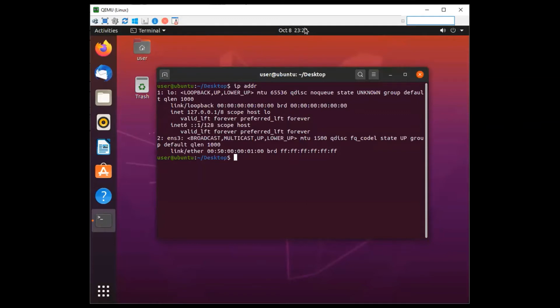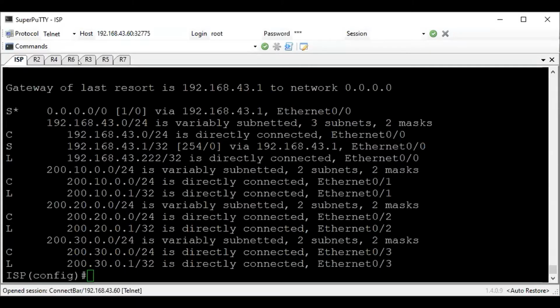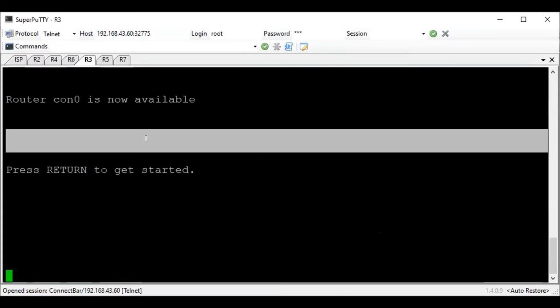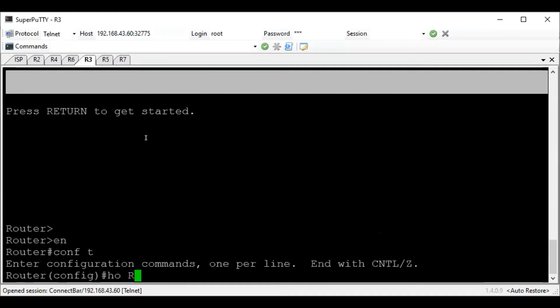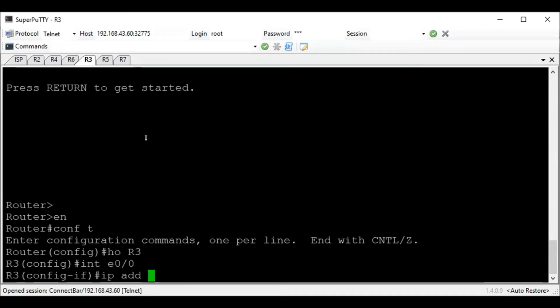Okay, so going back to the topology. So all three are actually running their own virtual machines, their own copy of their operating system. So we'll start with configuring this one first. So going to router 3, I'm gonna switch to the window now. Okay, so for this one, no configuration at all. So we'll paste the host name, we'll paste an IP address, say this is